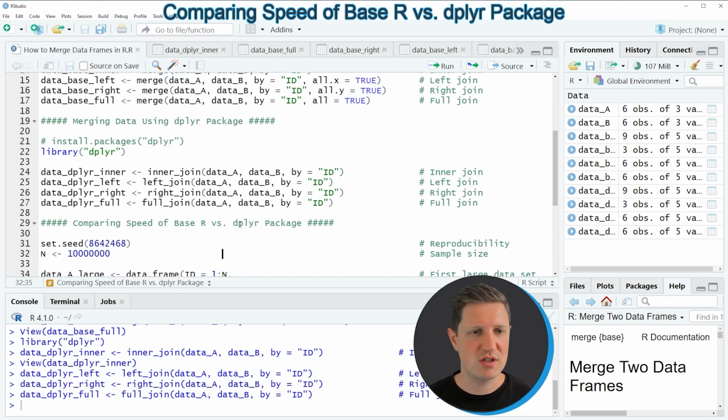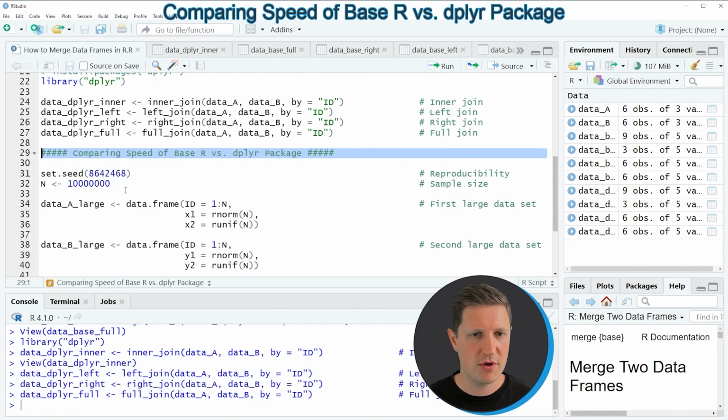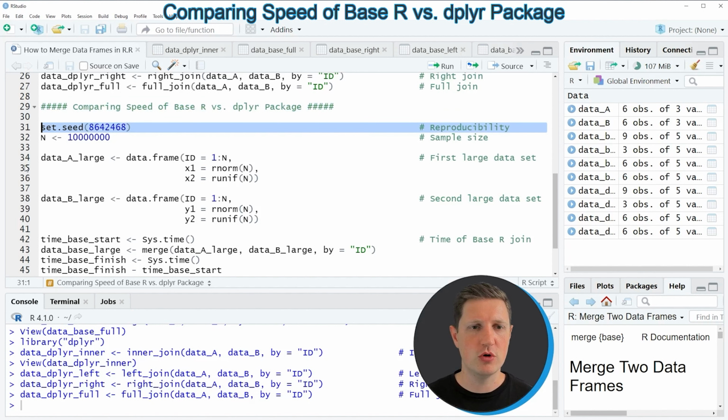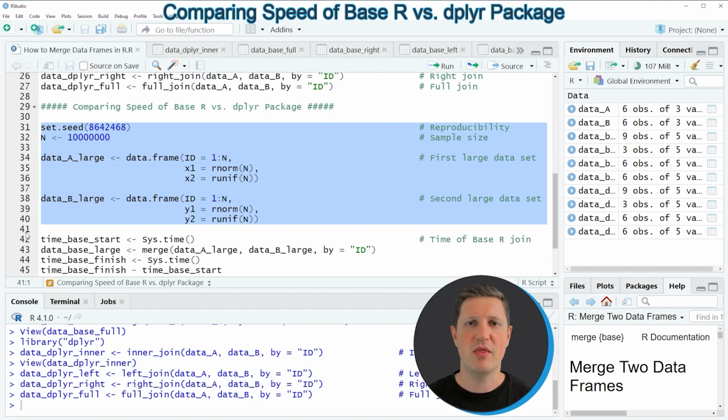And this section is starting in line 29 of the code. In the beginning of this section, I'm going to create 2 new data sets. The reason for that is that the speed of a join application is only important in case you are using large data sets. The 2 data sets that we have used before contain only 6 observations each, and for that reason, we will not notice any difference in the speed of the 2 functions